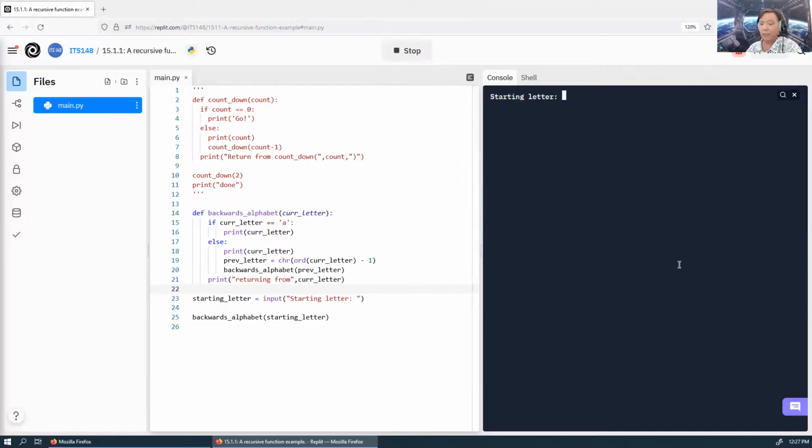Now, if I run it and I put F, see it counts down, prints these out, and then it starts returning. And it's going to return, you know, the last one it called is going to be the first one that it returns. So this is why we see A, B, C, D, E, F, because this is the order